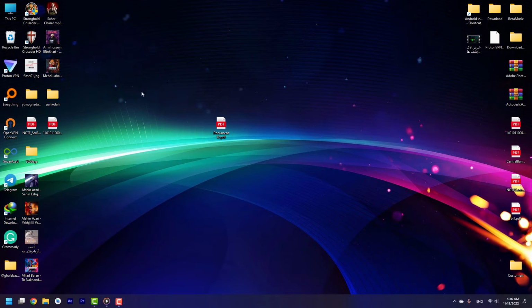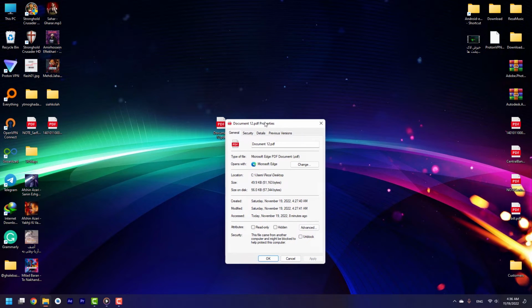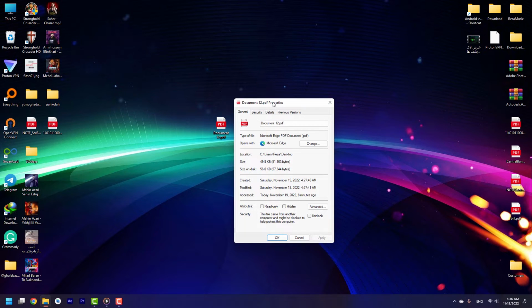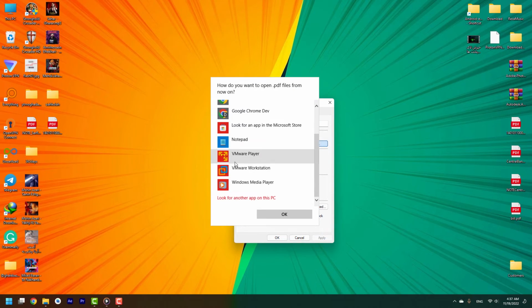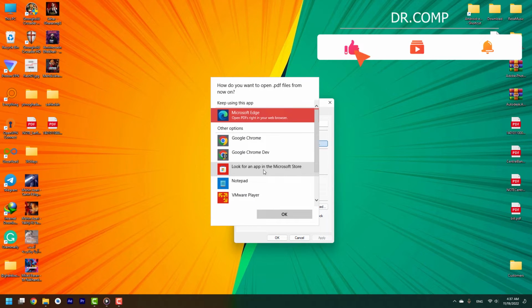Well, how to change this document's default application? We have two ways. The first way, which is very simple, is you need to right click and go to the properties. It isn't different with Windows 10 and 11, they are all the same. Just go to the properties. In here it says opens with Microsoft Edge. You can change it and use, for example, Google Chrome, or more apps if you want to open them with, or if you want to download any applications that open this kind of file name extension on Microsoft,